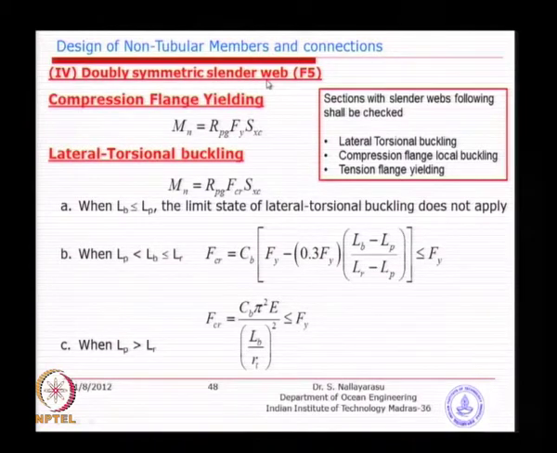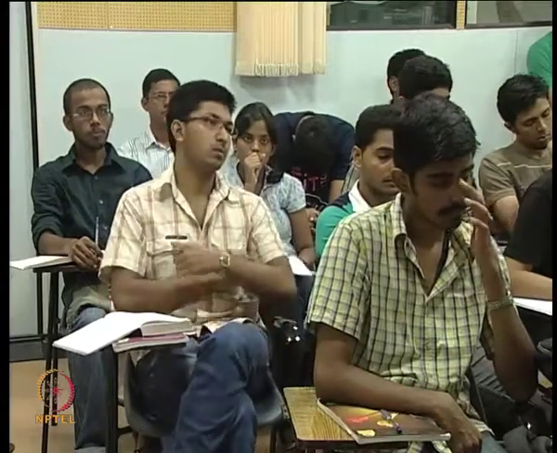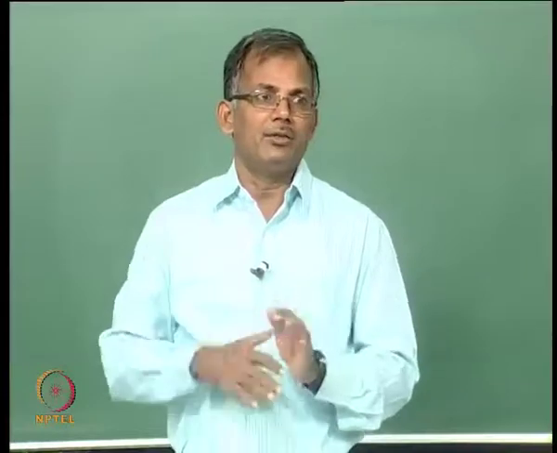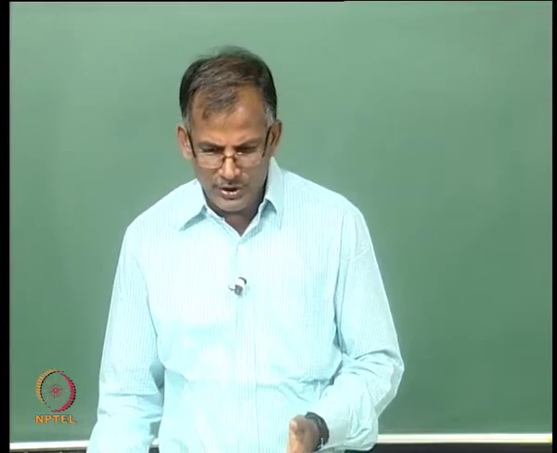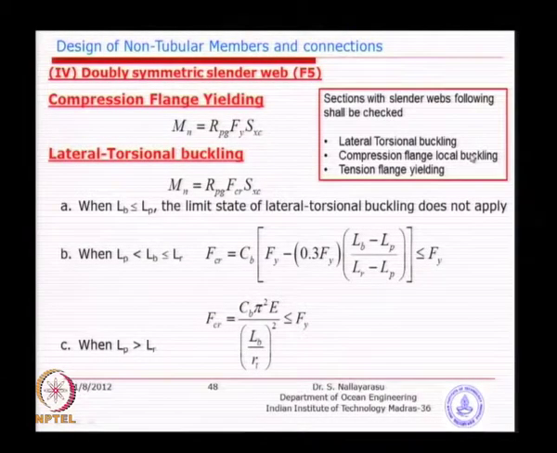Once the web becomes slender, it does not matter whether you have a compact flange, non-compact flange, or slender flange, because the capacity is going to be governed by the web buckling itself. So that is why it does not matter which category the flange is in. It is automatically governed by the web buckling, and you have to check all these 3: lateral torsional buckling, compression flange local buckling, and then tension flange yielding, and the formulas are almost similar. You see here, in case of yielding for compact web, compact flange, Fy multiplied by plastic modulus we had. So once the web becomes